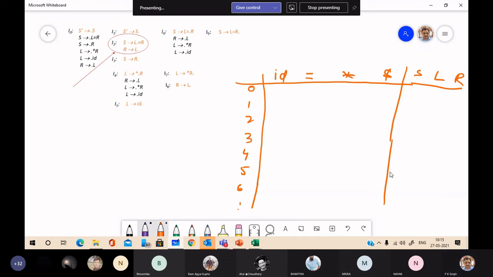Now see, look for the terminal symbol just after dot for state 0.